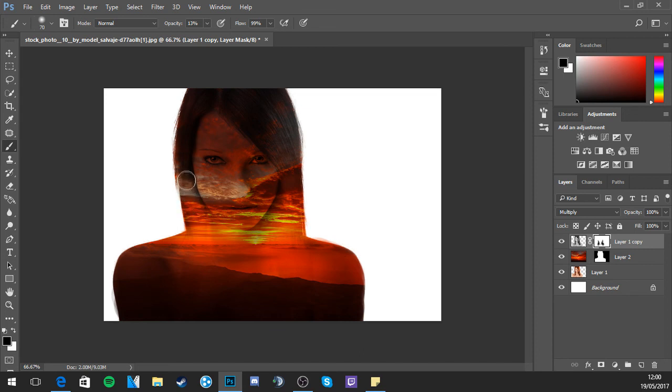Let's go ahead and lighten that up a little bit. Alright, I'm happy with how that looks. These bits here are still a bit visible, it's kind of annoying. Right. So that's the main bit of it.